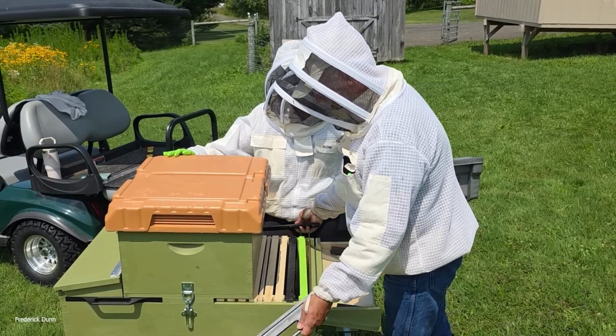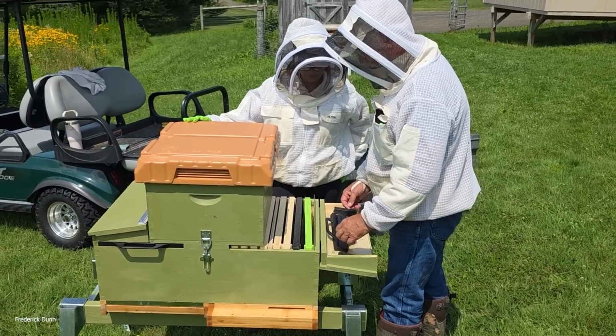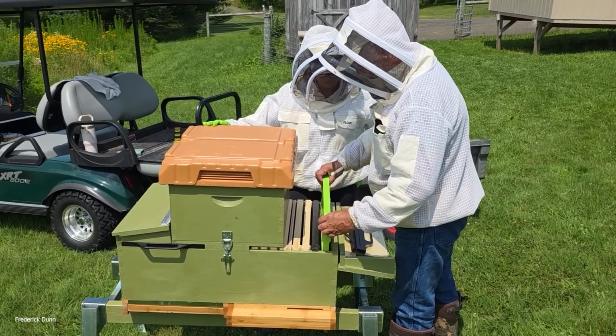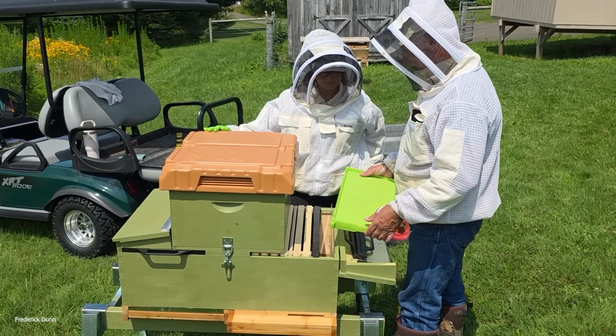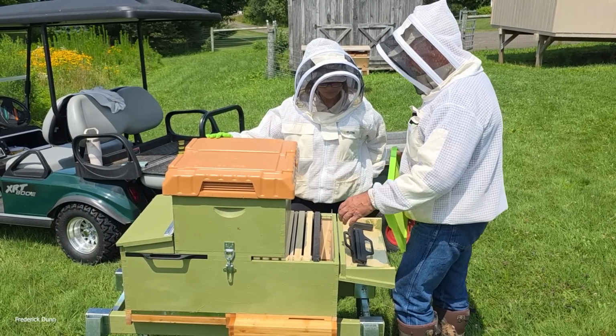Pull the sides out, these are the propolis guards. We can put these here for now. And we're going to pull all the frames out. This happens to be a drone comb frame. Each side is going to have one of these on the end. Normally we would use the follower board